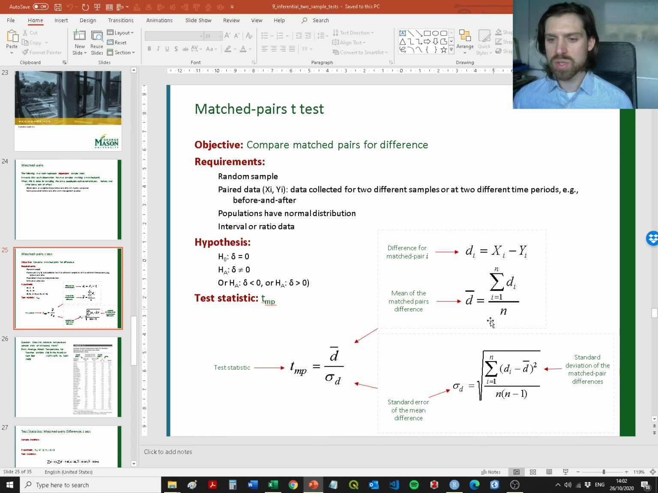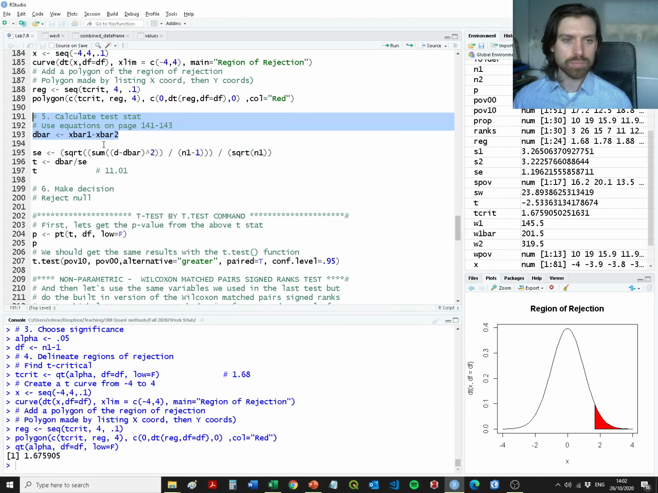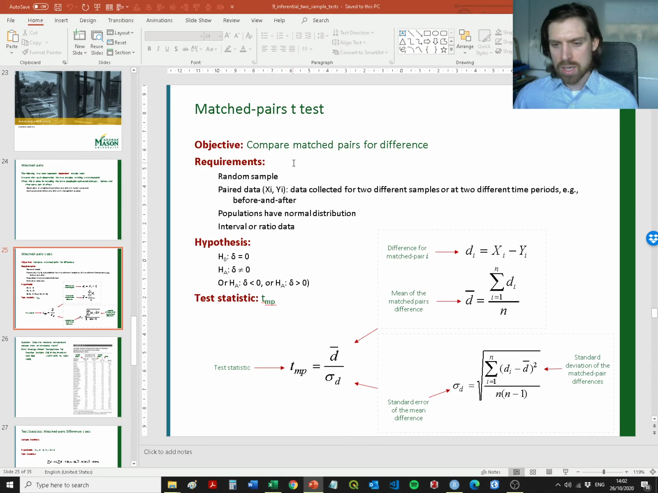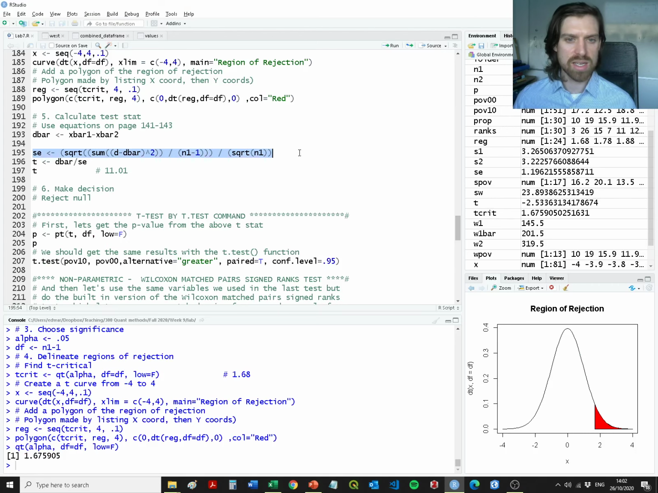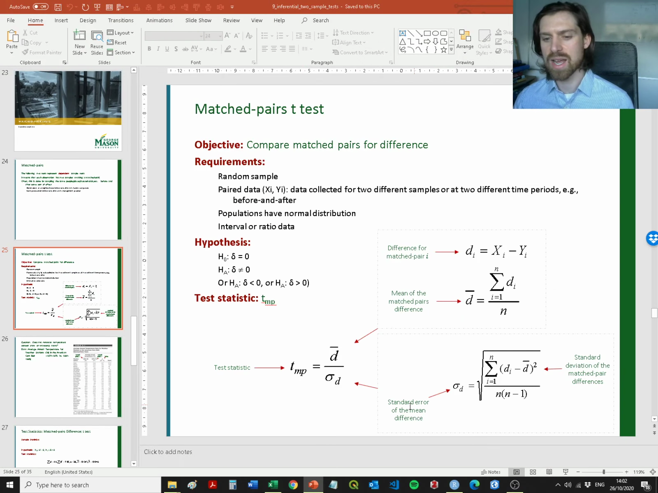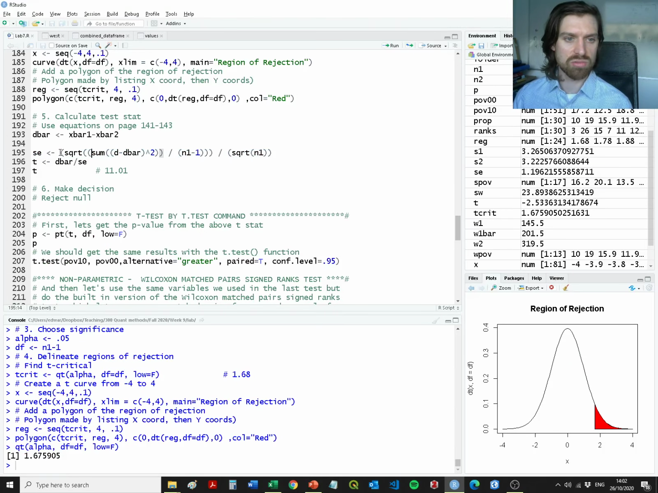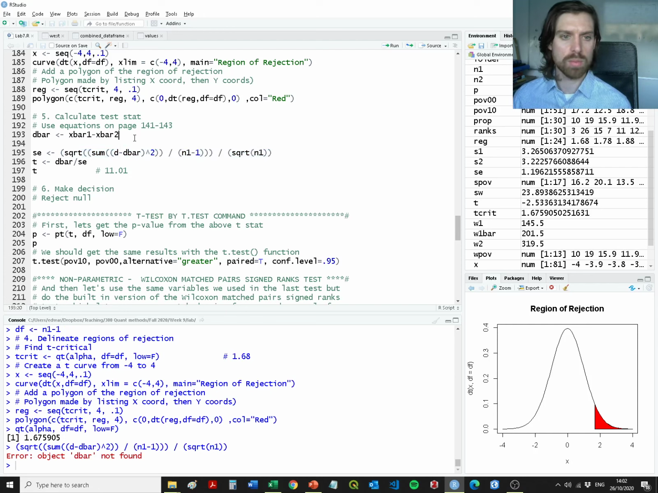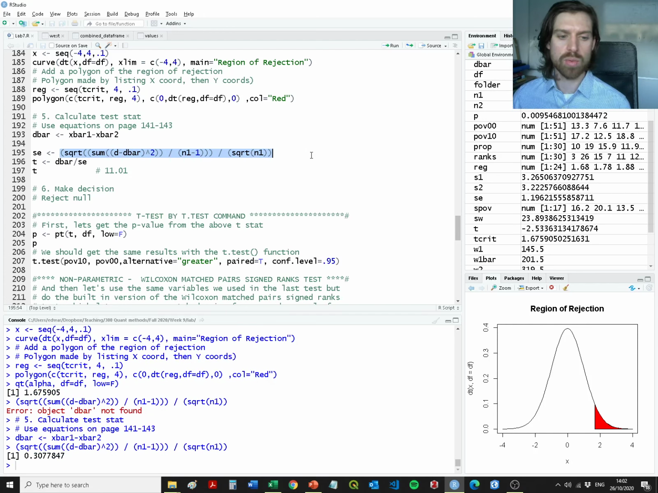And then what we can do is get the d bar, which in this case we're subtracting the two means from each other to get, as per the equations on page 141 and 143 within the book. And then essentially we're able to get the standard error. So I'm just looking at the equation here. So this is the standard error of the mean difference. And you can see here if I just run this code. Oh, my apologies. There we go,